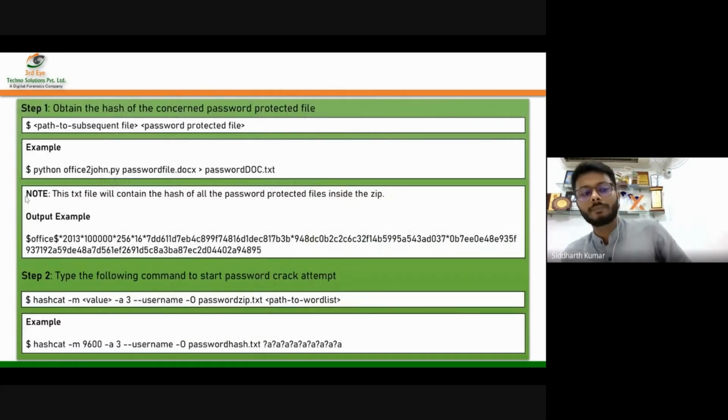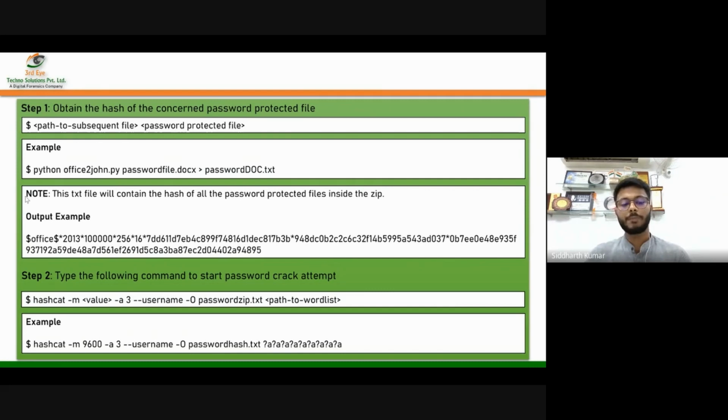Now, how will I do that? First of all, before I start with Hashcat password recovery, I need to know the hash of this protected file, as I've repeated a bunch of times in my previous slides. So first you need to find out the hash. That hash can be easily found using the appropriate modules for the files you are using. Once that is done, save it to a document. Now the change comes from here on. In the next step, you have to type the